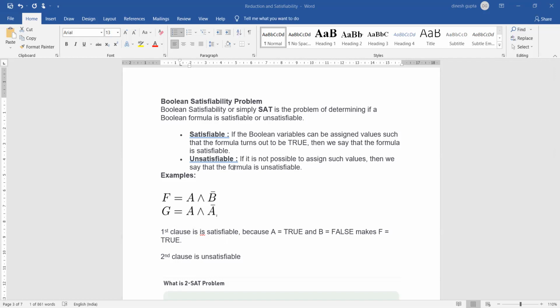The answer is yes, this is satisfiable if the value of A is equal to 1 and B is equal to 0. अगर मैं A की वैल्यू को 1 कर देता हूं और B की वैल्यू को 0 कर देता हूं तो नॉट ऑफ B की वैल्यू कितनी हो जाएगी? 1 एंड 1 कितना होता है? 1. So that means yes, there exists one value for which this formula will return true, which is known as a satisfiability problem. Now coming back to the question that was asked to me,